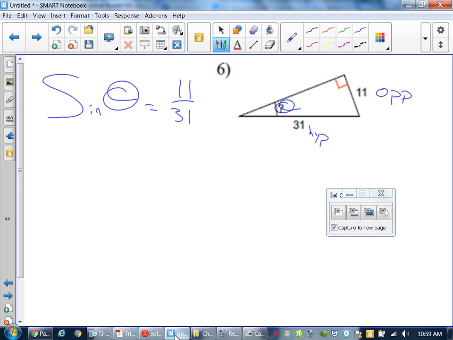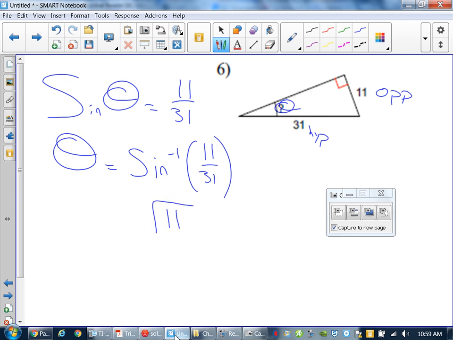So what would happen then is that you know that your angle is whichever one has a sine value that is 11 over 31. Well, not having a calculator, you have to take 11 divided by 31 and figure out the decimal. And this goes into knowing basic numbers and how things are set up about approximations. So if I go through this, 31 doesn't go into 11, but it'll go into 110 3 times. And you just continue to go through it. So this would be a 0.3, so we have 93, subtract out